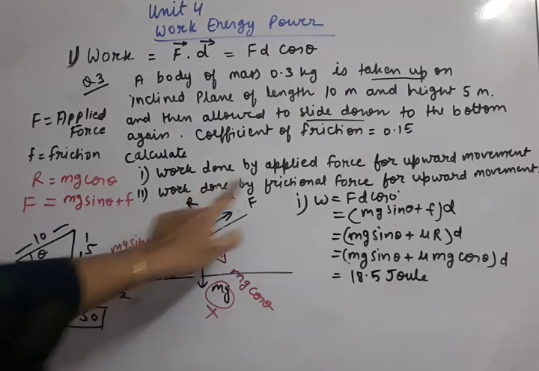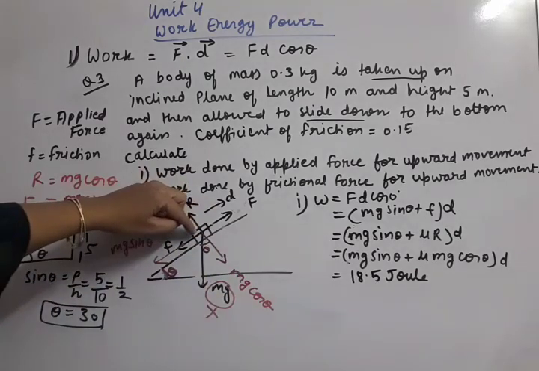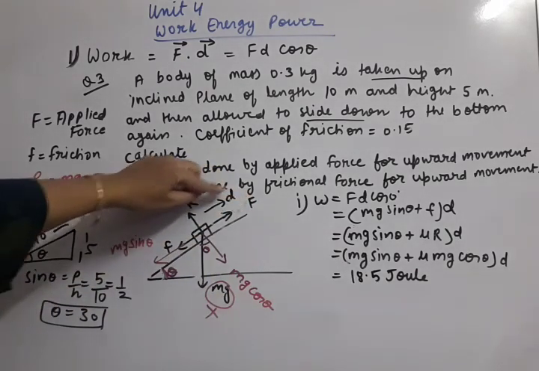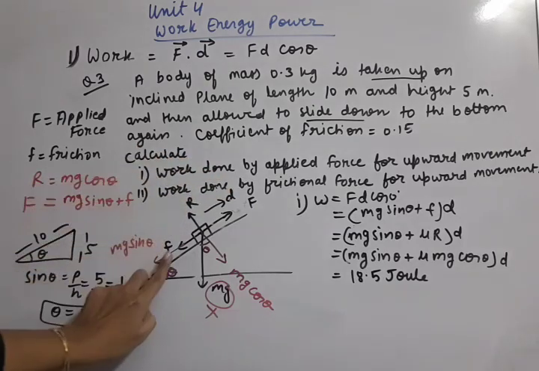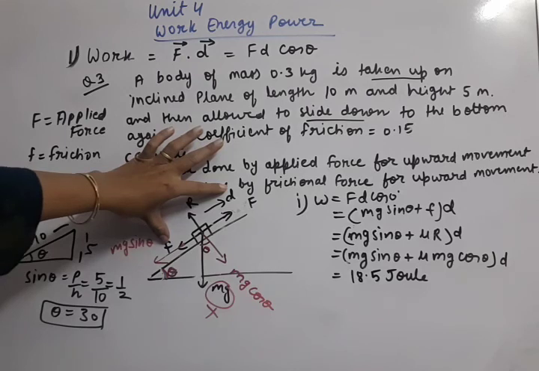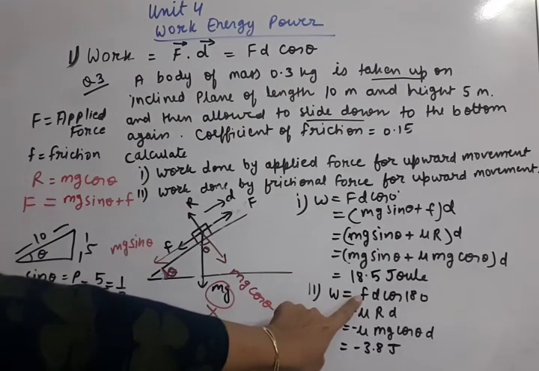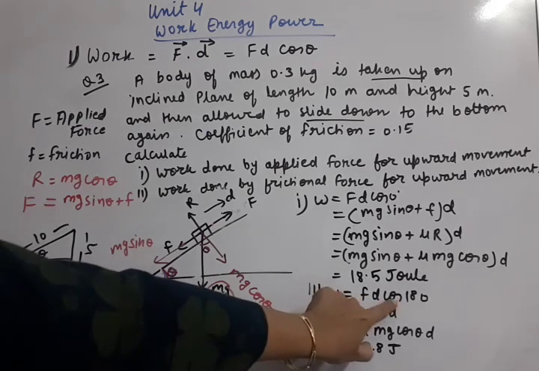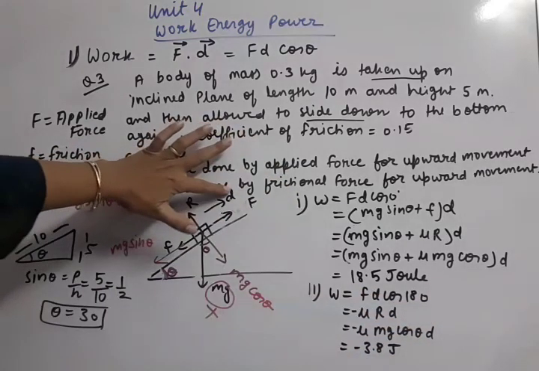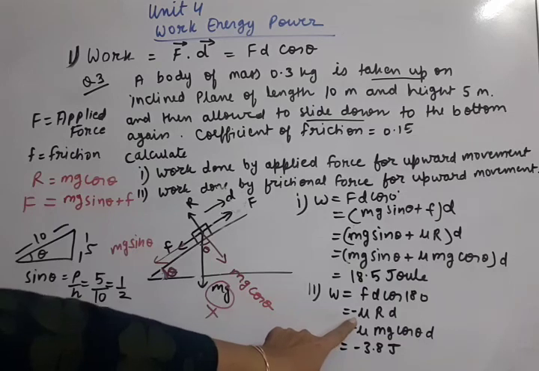Now let us understand the work done by friction force for upward movement. So you see the body is moving upward, so displacement is upward. But where is the friction force? Friction force is here. So notice now these two things: F and d are in opposite directions. So the work will be negative because Fd cos 180 we have to put. Understand the calculation. So work done by friction force: friction force will come, displacement will come, and cos of the angle. What is the angle? Displacement is here, friction is here. Angle is 180. Cos 180 is minus 1.